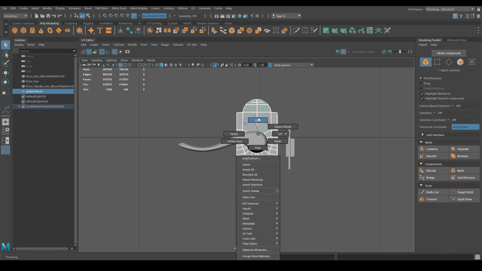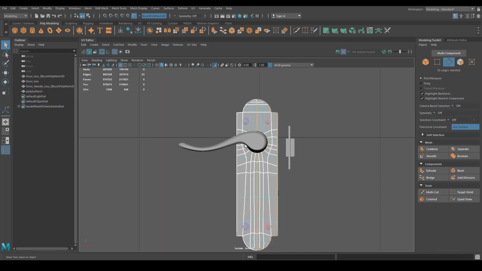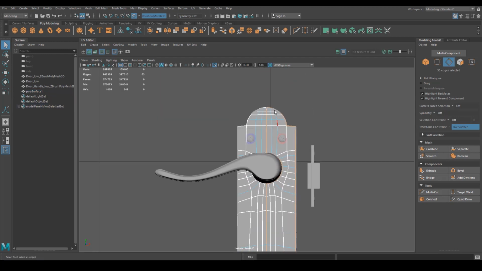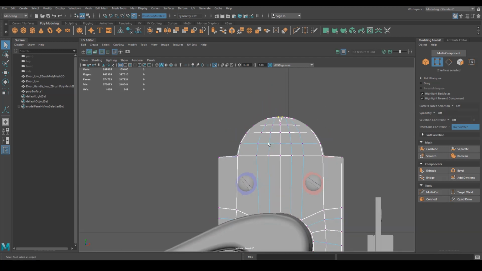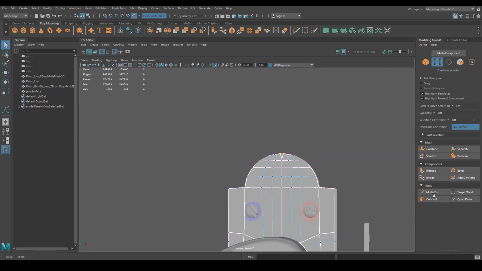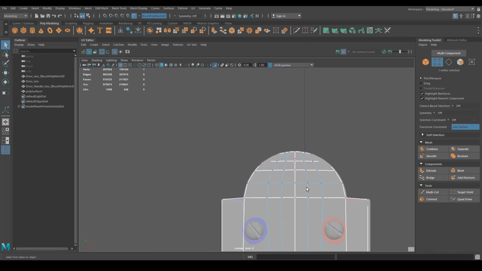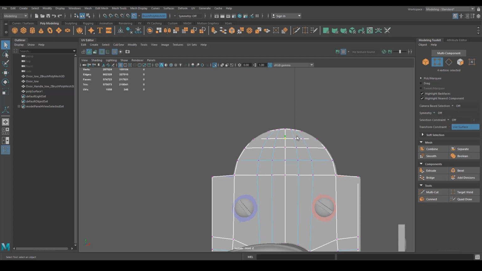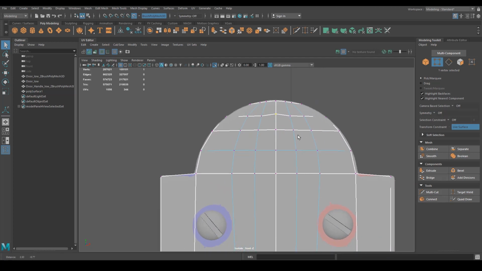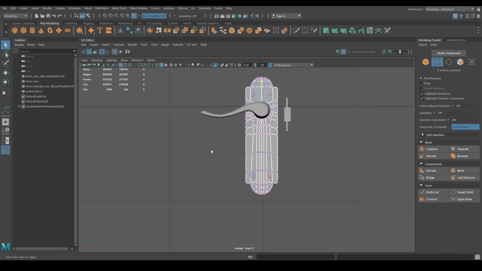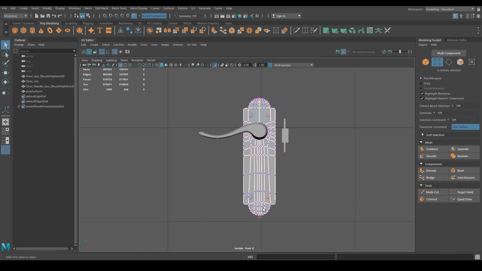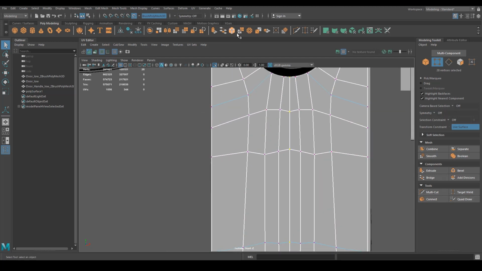Let's select these side edges. You can see I haven't merged in the middle just yet, so let's make sure we do that. We could have set it on the mirror, but I can go in and select those 2 points, merge them to center, merge those points, and for the rest of them, I can kind of just select all of them at once, so a long line down the middle, quite thin,